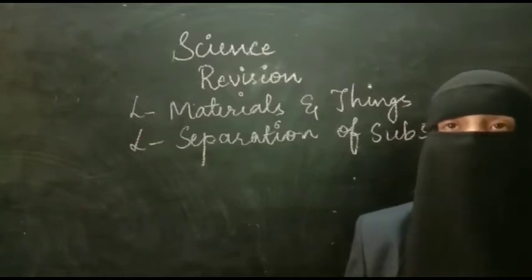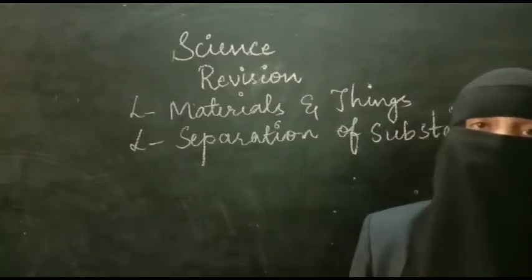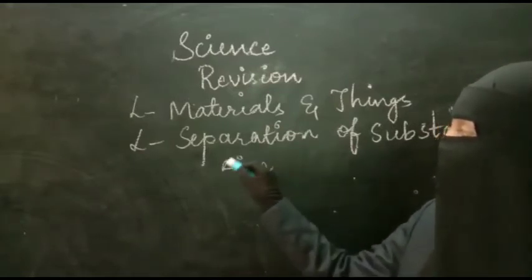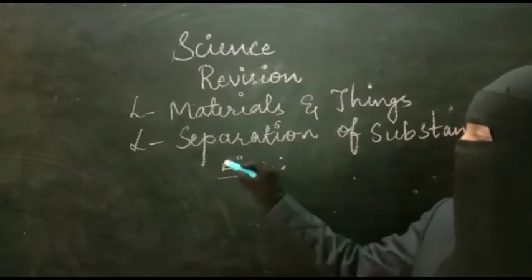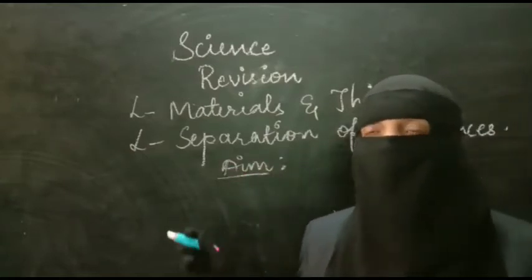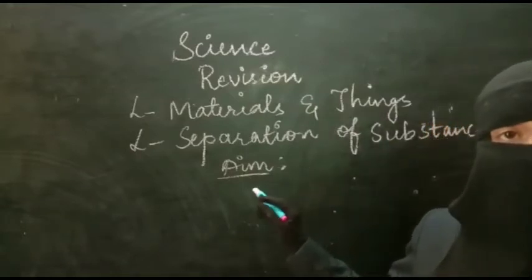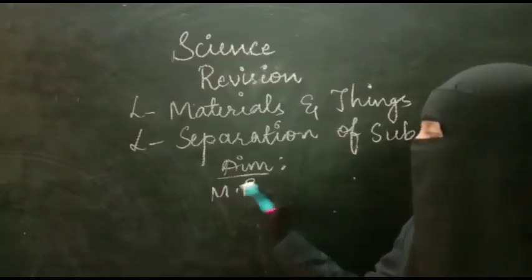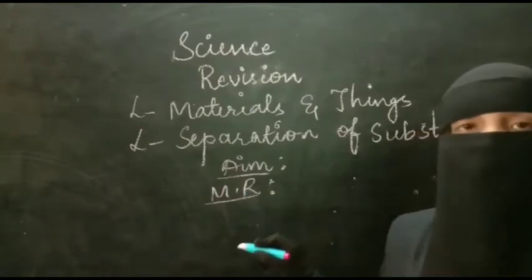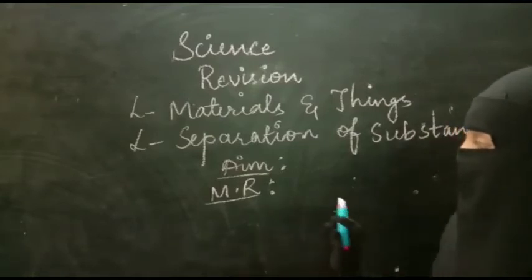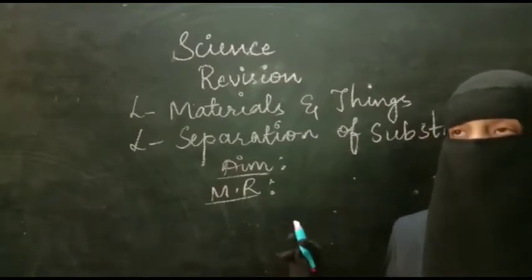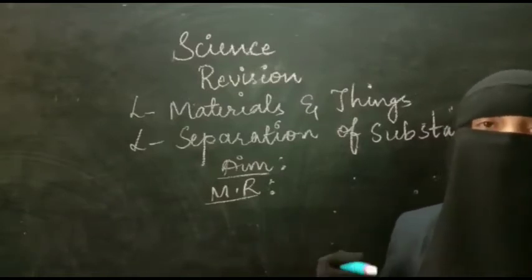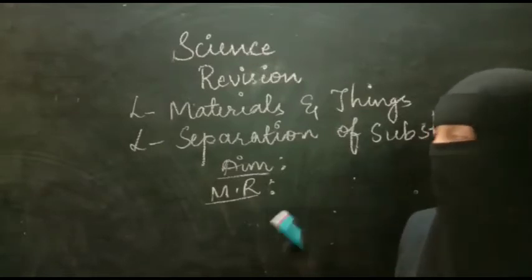And next I have shown you sedimentation and decantation. That complete activity you have to write. I said whenever you are writing the activity you have to follow the pattern. First you have to write the aim of the activity. For example, if I give the activity of sedimentation and decantation, what is the aim? To perform sedimentation and decantation. Then what you have to write? Materials required, or apparatus. So what are the materials required for sedimentation and decantation? Two glass tumblers or beakers, water, sand and a spoon or a filter. That you have to take.